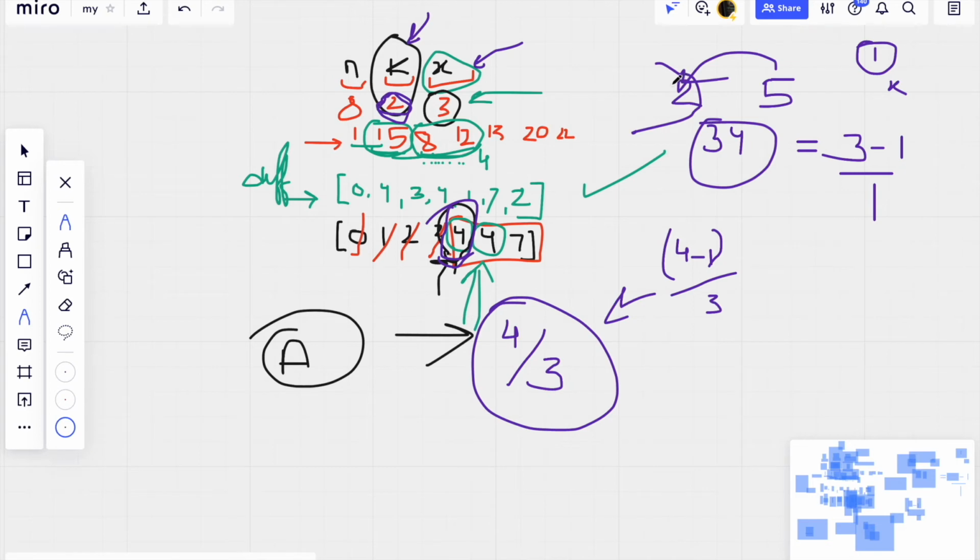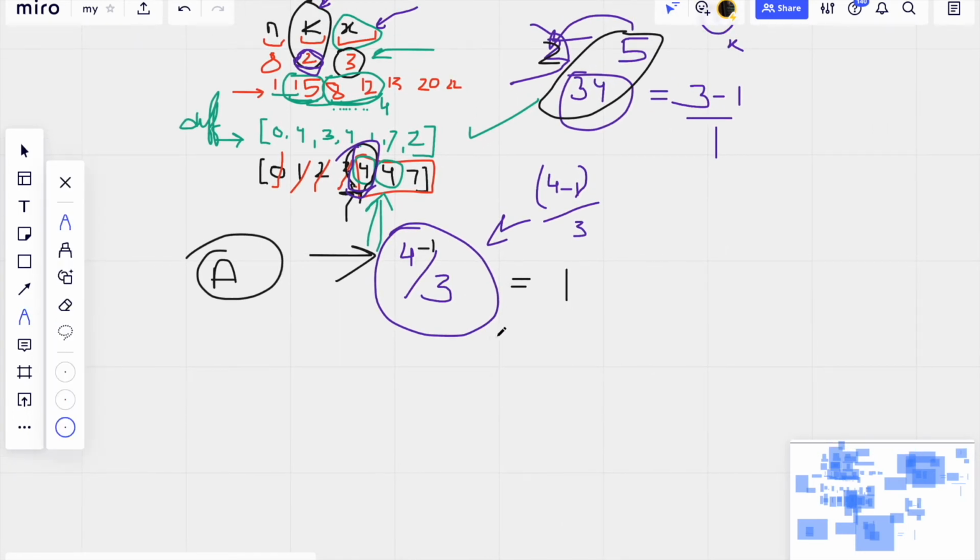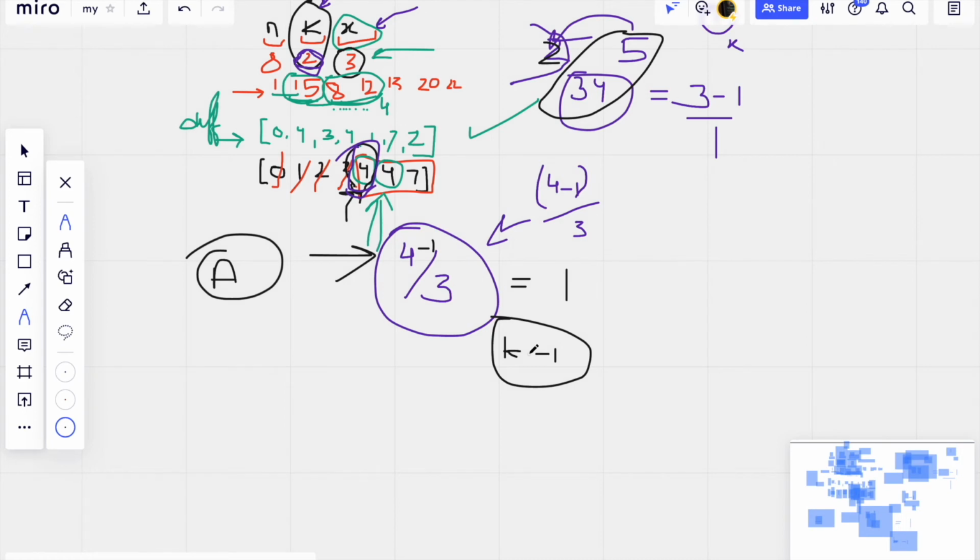We are not considering this element 2. We are just considering all the elements which are greater than 2. These are 3, 4 and 5. So basically it's the difference minus 1. So it's 4 minus 1 by 3, and we require only one student to add in here. And simple, we will just subtract this from K, and we'll update the value and we complete the loop.